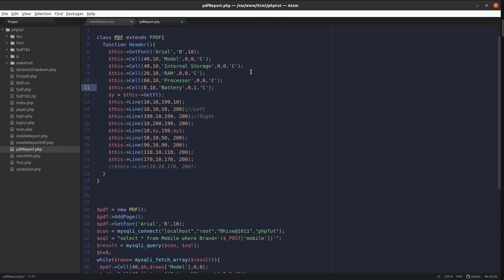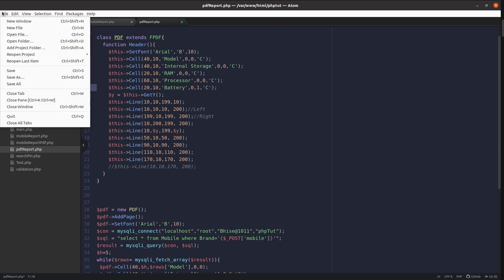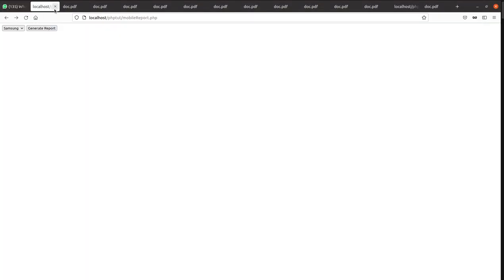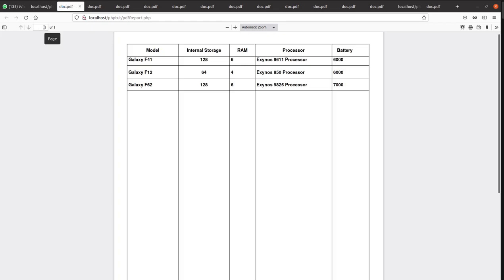Okay, let's increase the width. Let's consider 20. Yes, it does. RAM again, you can take it center,